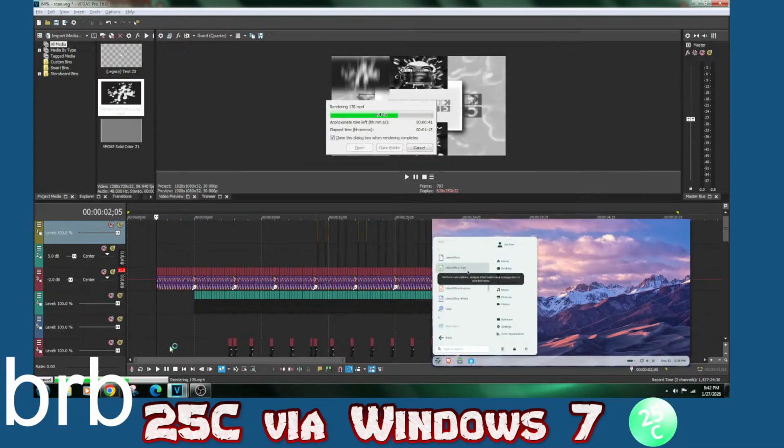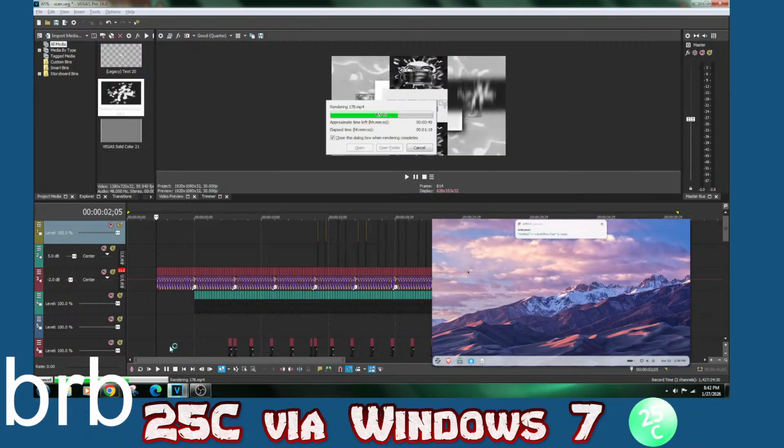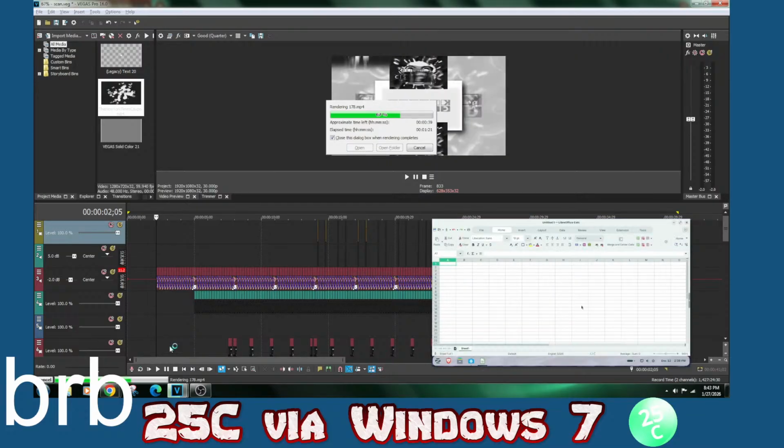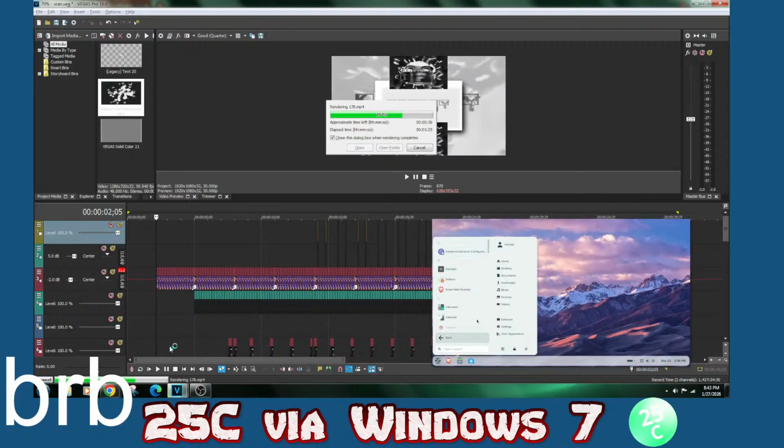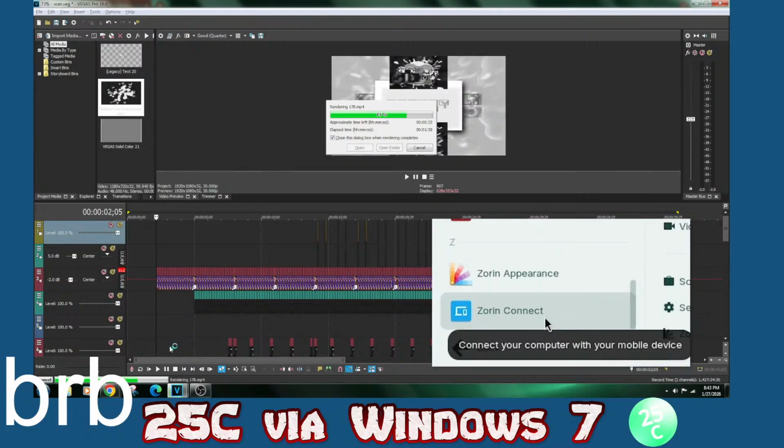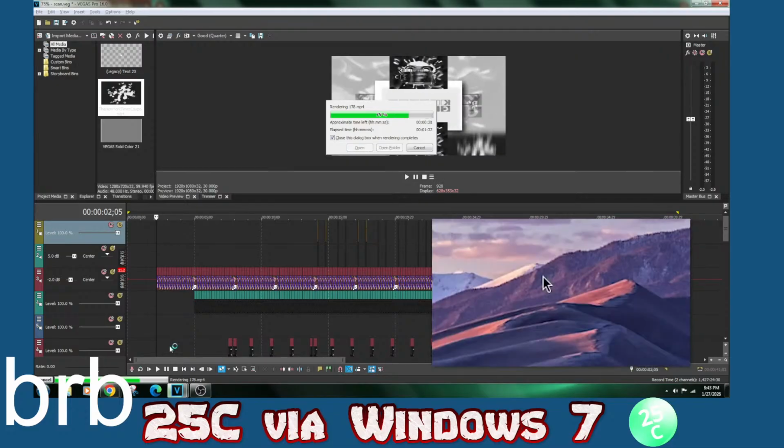You do have LibreOffice, which I think is a great inclusion and is a pretty capable alternative to Microsoft Office. I have used this on my main computer and plenty of other systems in the past as well. But yeah, the only Zorin specific things are the Connect application and the Appearance application that we just were in